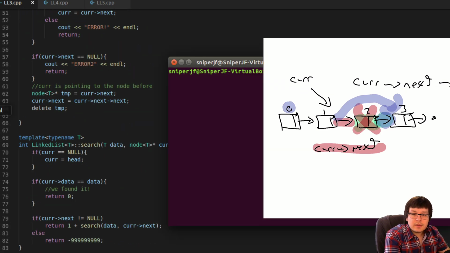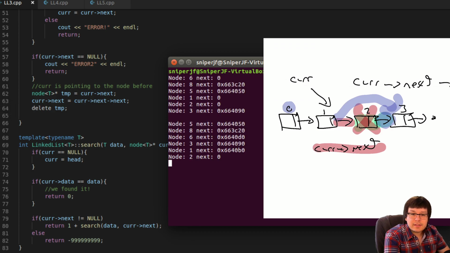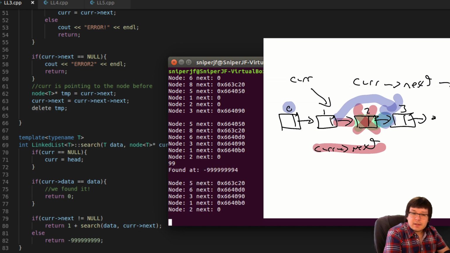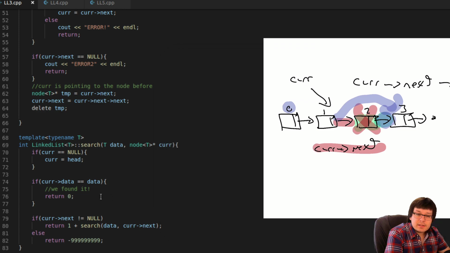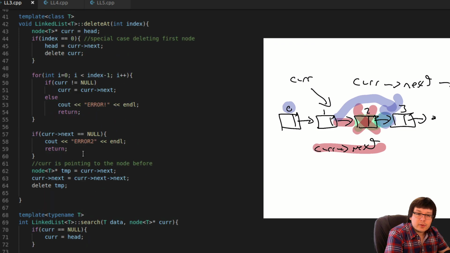Let's run it again. This time, let's just try to delete something that's not found. It's still deleting something. Okay, so that is the first sign of an error. It's just going to go all the way into corresponding to the last item of the node.